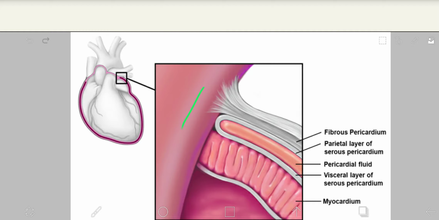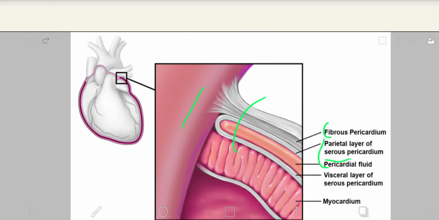So the pericardium itself has 3 layers. So you gotta know that this is the pericardium, and it has 3 layers. So we have, first of all, on the outside we have the fibrous pericardium, which is a very thick fibrous connective tissue with a lot of collagen fibers. And then we have these 2 layers, which are part of the serous